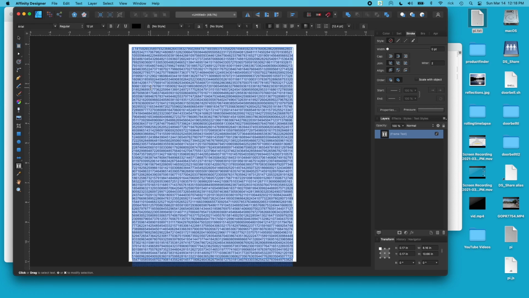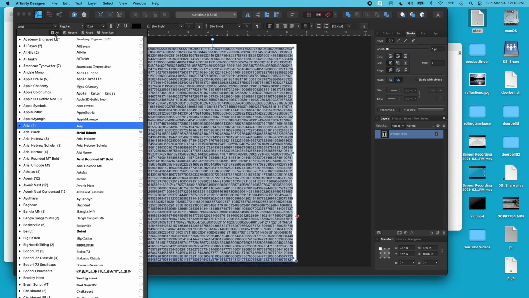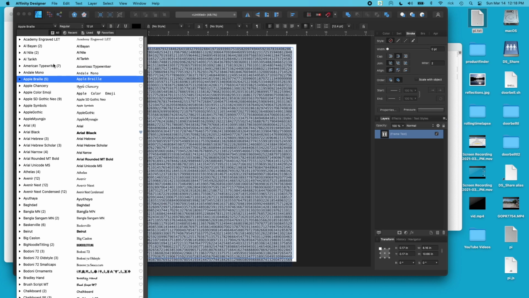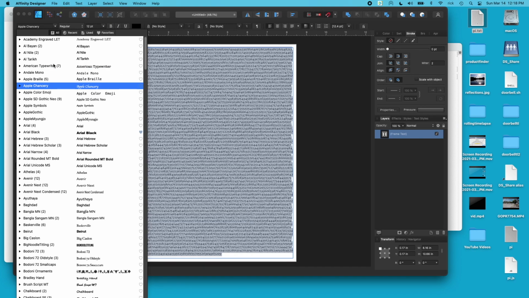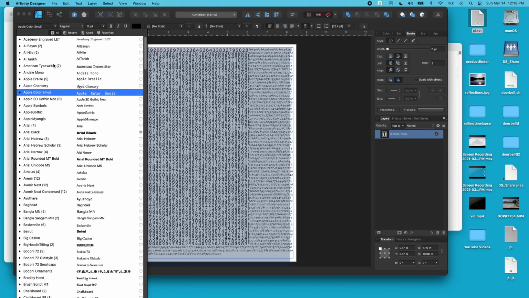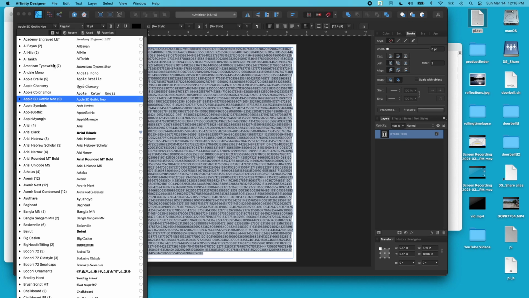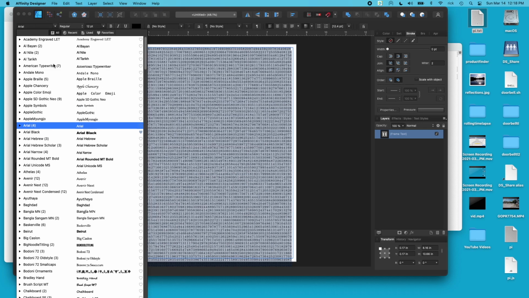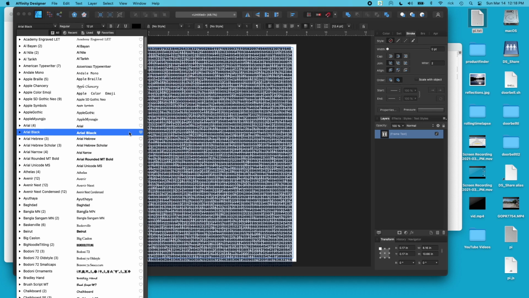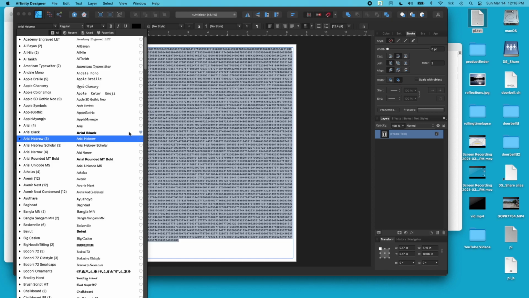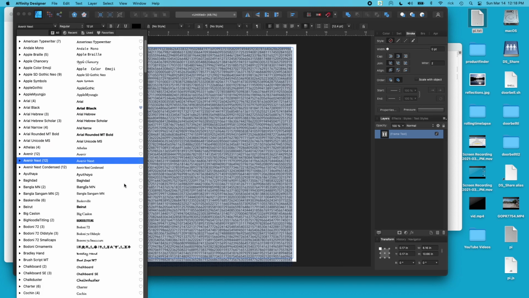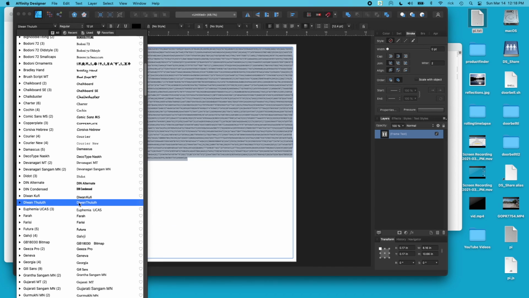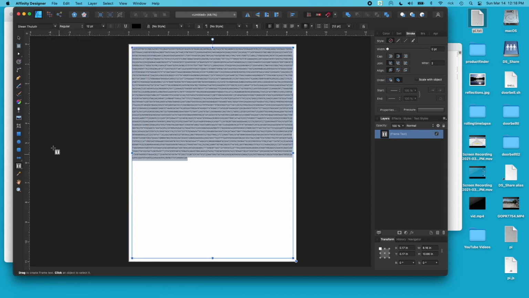So then I selected all of this, and then what I did is I went through the fonts, and I used my arrow keys and I went down through them to find out which ones were the shortest on here. So you can see at the bottom of this page, you can see the bottom of the numbers, and I go to the next font and you can't. So I went through these fonts and I put a little heart next to the ones that were the shortest, so I could choose from those. And the one I chose ended up being Dewan Duluth. You can see there's a lot of spacing in here, and also the font size here is 12.